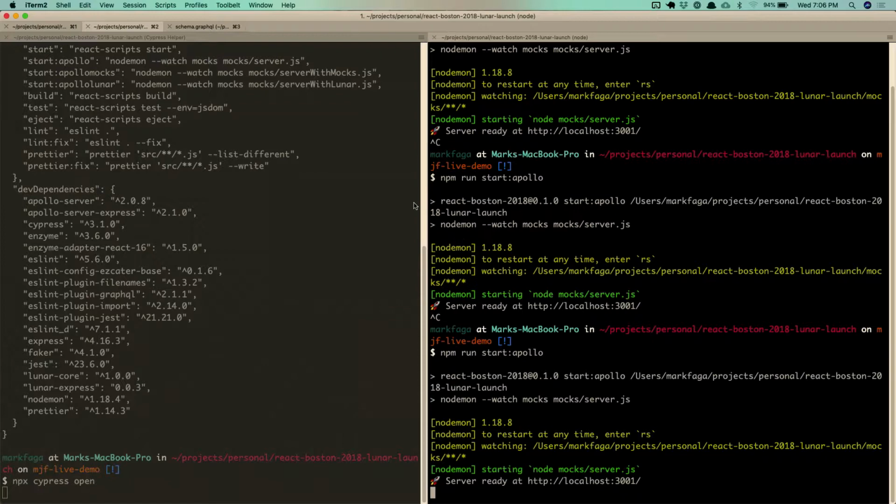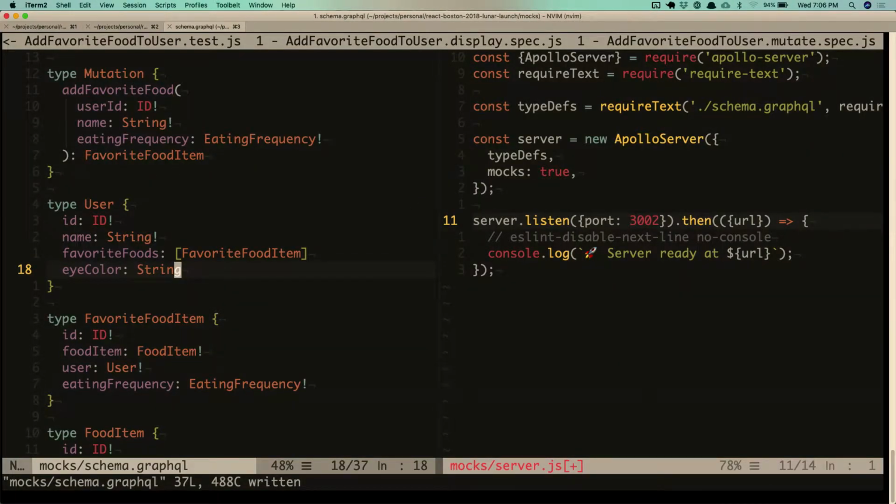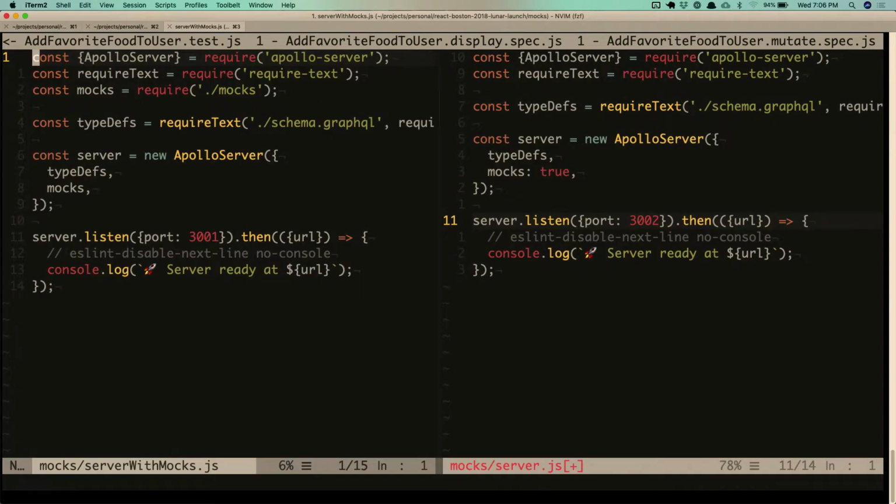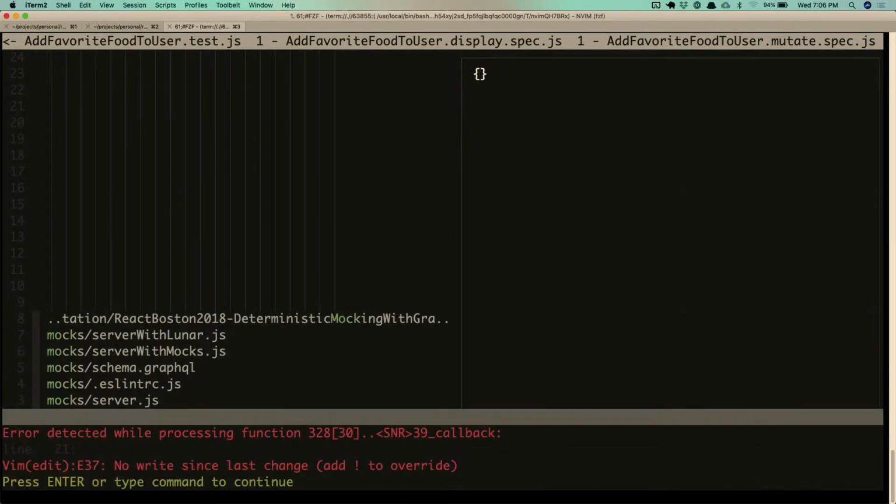But we can actually take this a step further. So on the left here, I'm going to open another mock server. So here, there's a subtle difference. Instead of returning mocks true, I'm just providing the Apollo server a mocks object. And I'm reading that mocks object from another file. And if we open that up,